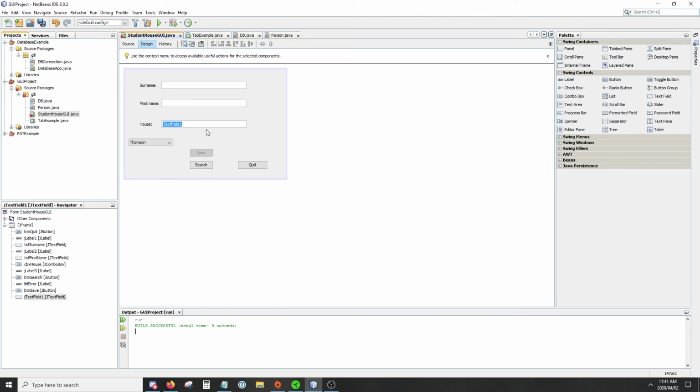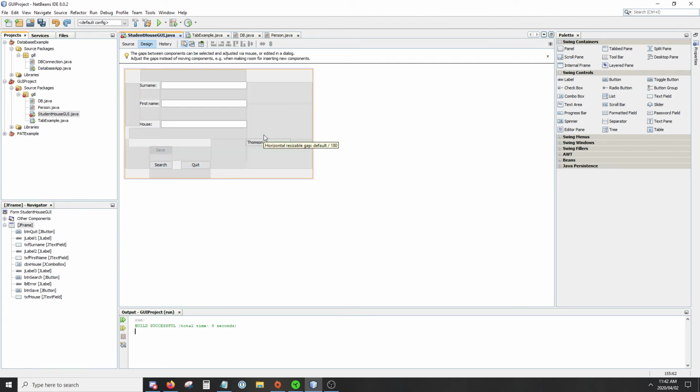So let's edit the text, get rid of it. Let's change the variable name to txf house. And then what we can do is we can have over here, and oh wow. Yeah, okay, it might take a bit of fiddling sometimes to get things to look nice. So have our save button there, let's do that. I should probably, in fact, wait, let's go back to,